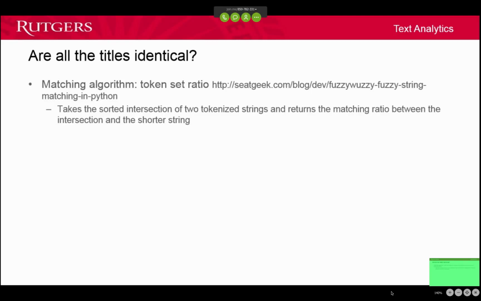Well, I found a matching algorithm written in Python, and it's pretty simple. All it does is take the sorted intersection of two tokenized strings and return the matching ratio between the intersection and the shortest string. So what does that mean? It means basically